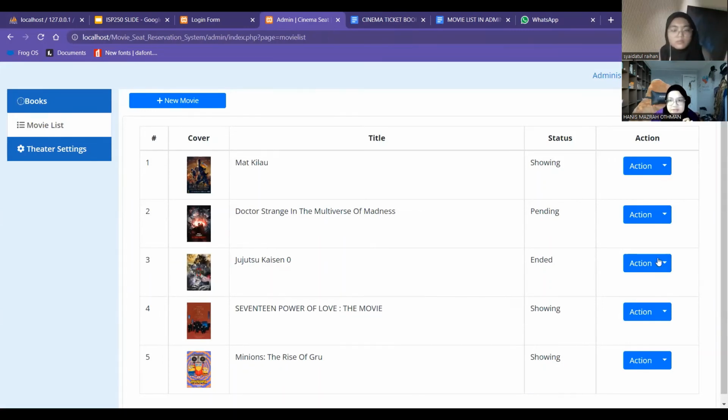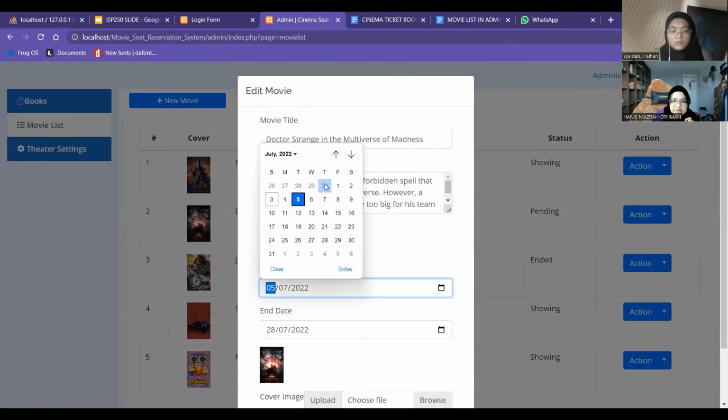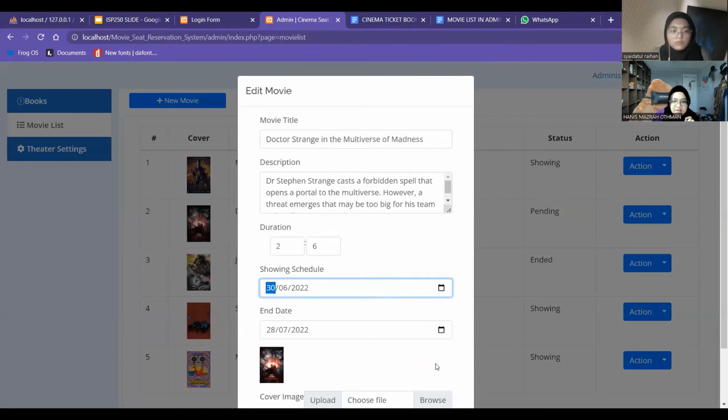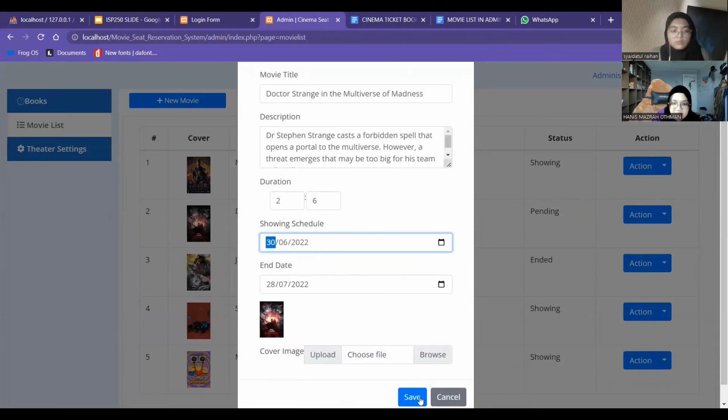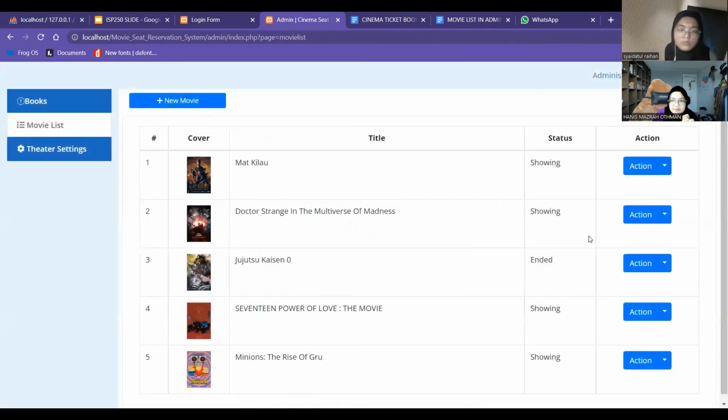For example, the Doctor Strange movie has the status pending. So we want to edit it to now showing. First, we change the day. Okay, and save, and the data is saved successfully. So as we can see, the status of the Doctor Strange movie is showing.